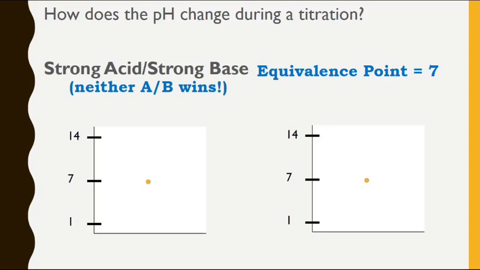We're drawing 2 because we could have one situation like we just talked about, where I'm starting with my base in the flask and adding the acid to it, which means I would be starting with a basic pH, and then as I add acid, it's going to start to decrease until I get to that equivalence point. After that, the more acid I add, it flattens out at whatever the pH is for that acid. Or if I started with the acid in the flask and was adding the base to it,